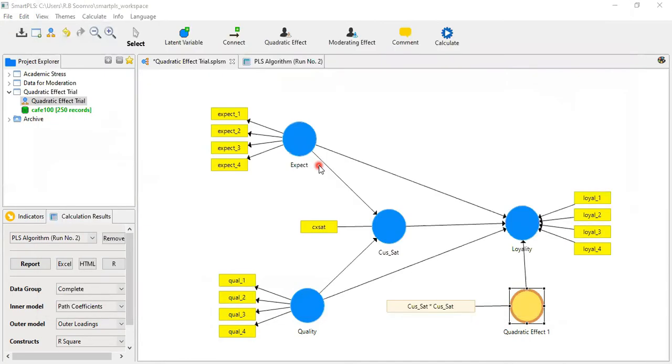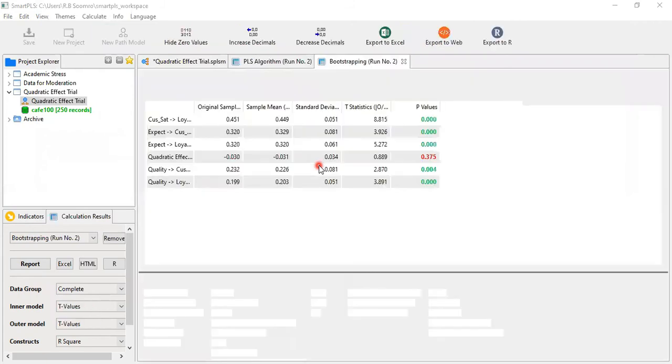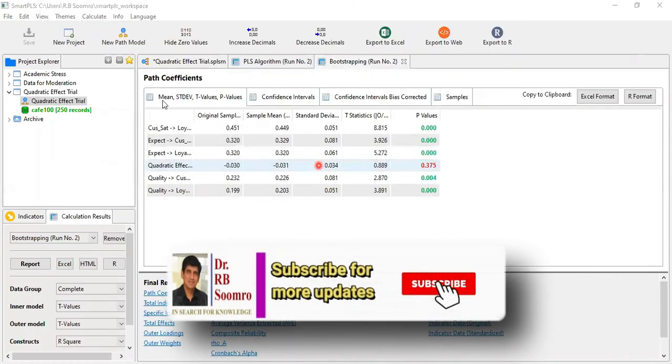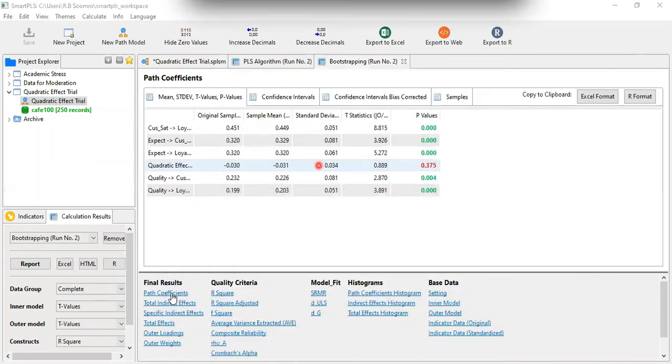Now we have received the results of the bootstrapping, and these results are before you. This is the path coefficient. These are the results of the path coefficients. Here we are saying that the hypothesis has been accepted. How do we know? When our value is less than 0.05.